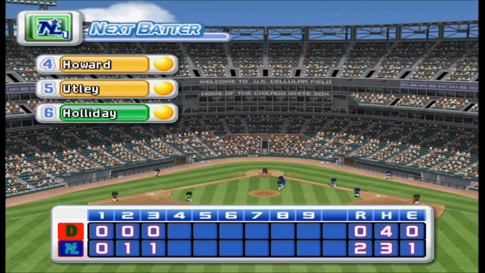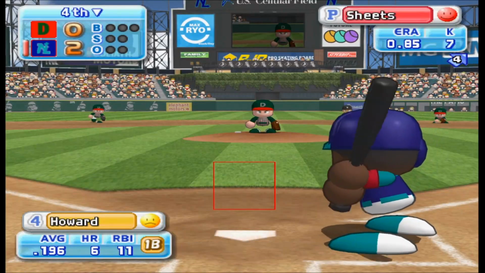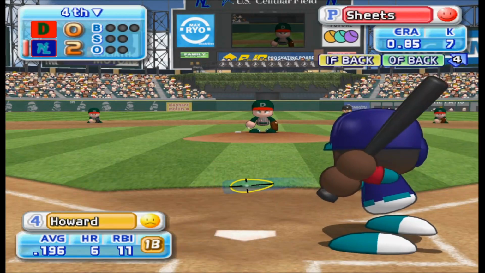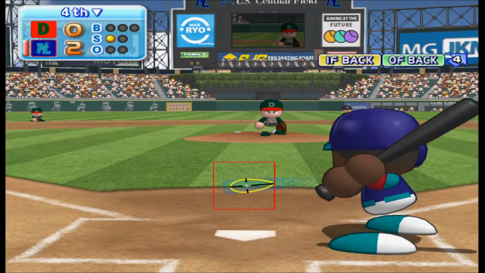We enter the bottom of the 4th inning. Edmonton 0, Minneapolis 2. We are going to face the number 4, 5, and 6 batters this inning. Ryan Howard got a home run in his last at-bat. He's set to deliver the first pitch.